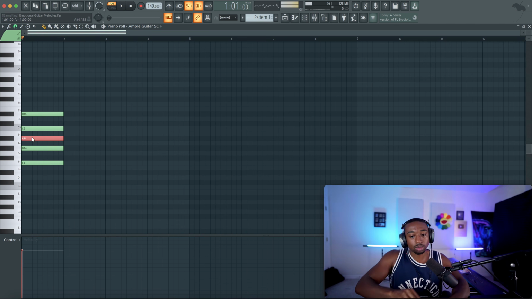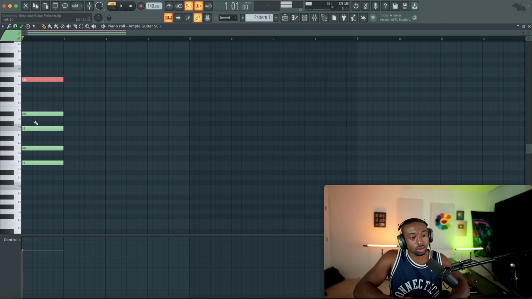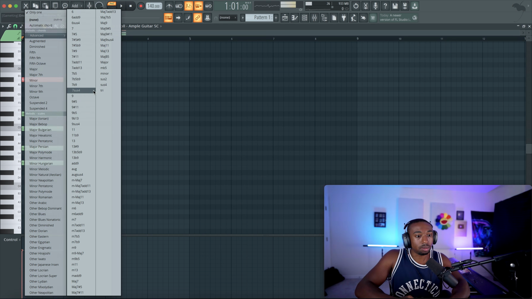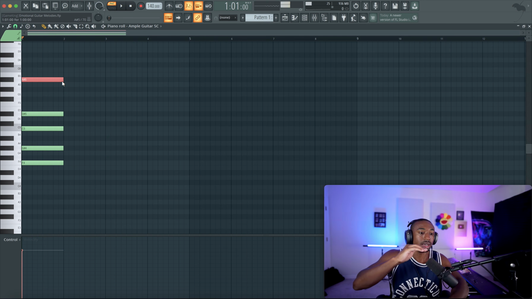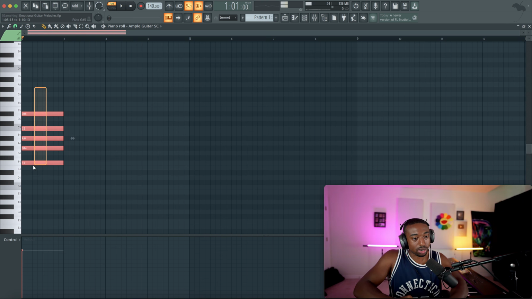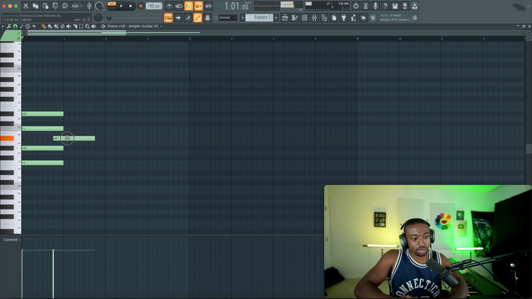So this looks like we're playing the 4th, but what we're really playing, if we raise this up an octave, is called the chord extension, the 11th. Okay, so if I pull up the chord, the minor 11th, boom, this is the full minor 11th chord. On the right side, 0, 1, 2, 3, 4, 5, 6, 7, 8, 9, 10. That's the minor 7th chord. And then we're omitting what's called the 9th chord extension, and we're going to the 11th. The difference here is that we're not playing the 11th all the way up there. We're pulling it down to be in this range. Okay, but we're not going to play all these notes just like this.